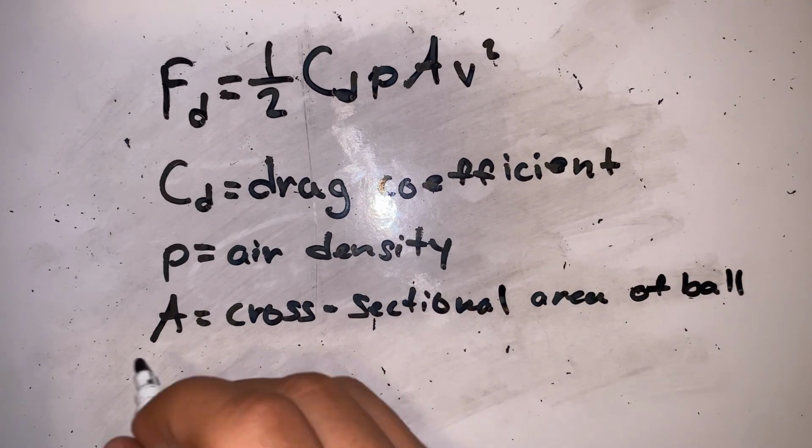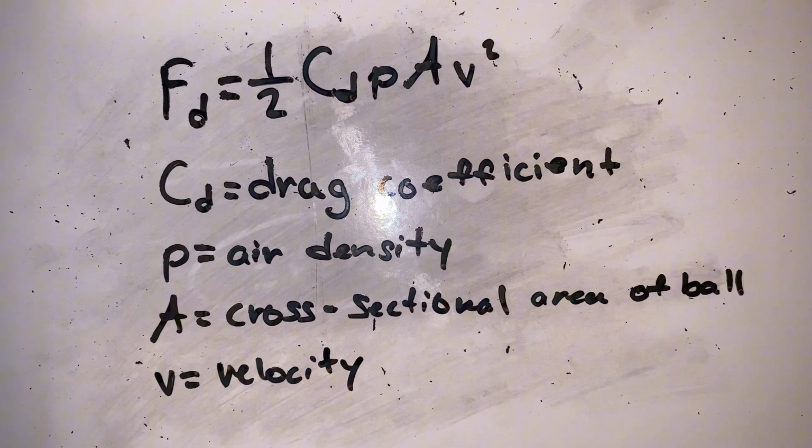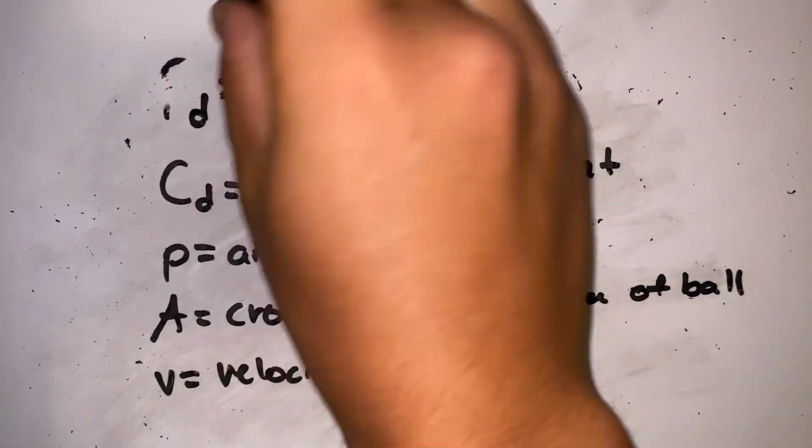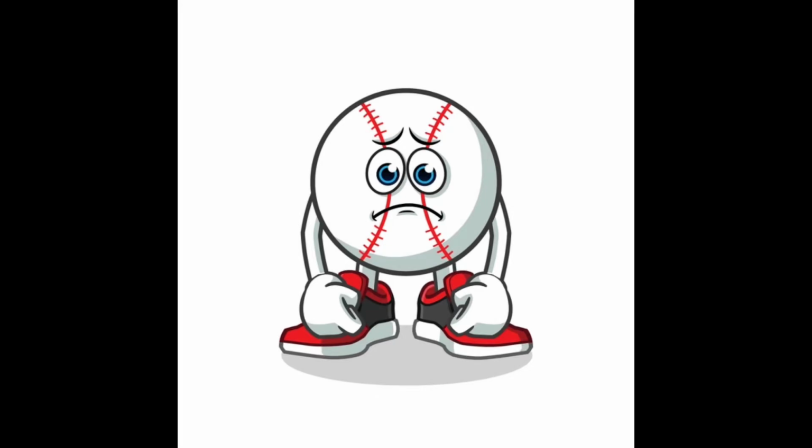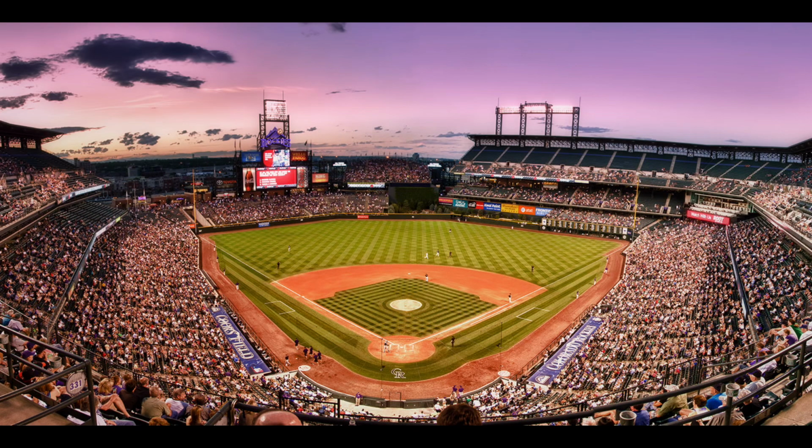A is our cross-sectional area of the ball, about 4.2 times 10 to the negative fourth power meters squared. V is our velocity of the ball. The ball will decelerate as it travels, so the actual range will be shorter than the calculated value without drag. This effect is more pronounced in higher altitudes or at stadiums like Coors Field in Denver, where the thinner air